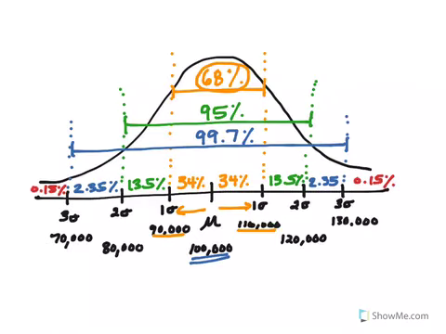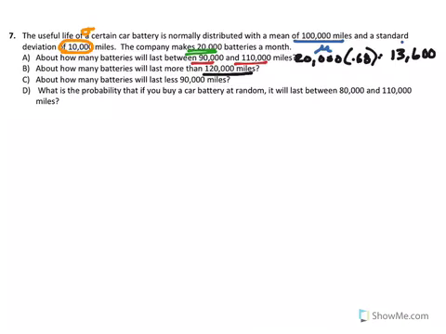So going back to our setup here, 120,000 we see is above two standard deviations. So we're interested in everything above two standard deviations. So that would be the 2.35% and the 0.15%, for a total of 2.5% of the batteries will last above two standard deviations. So we would just come back and we would say, well, 2.5%